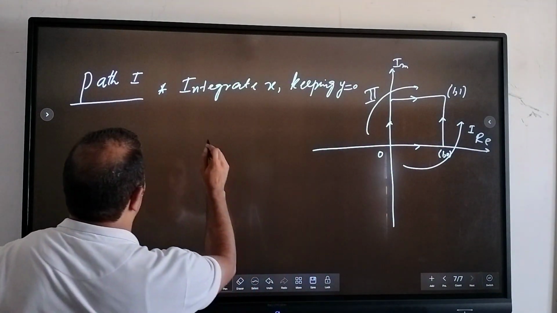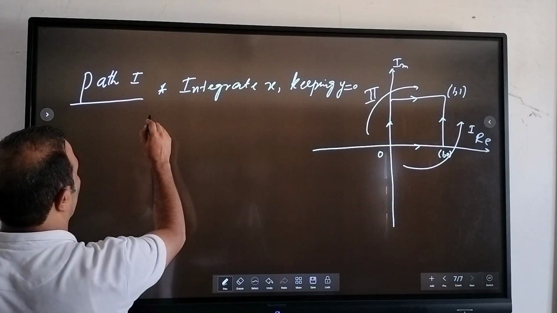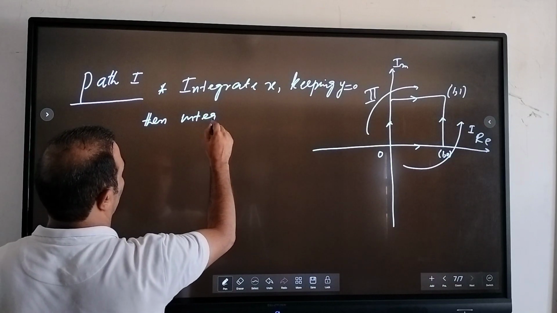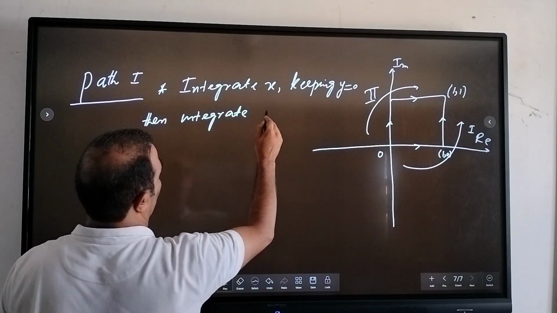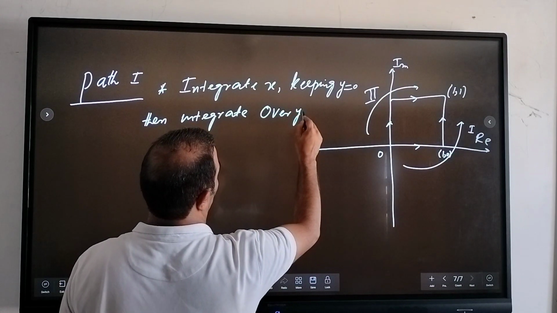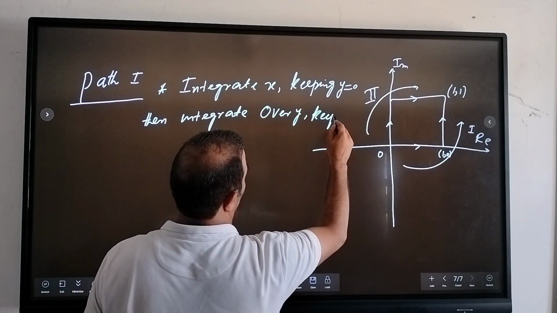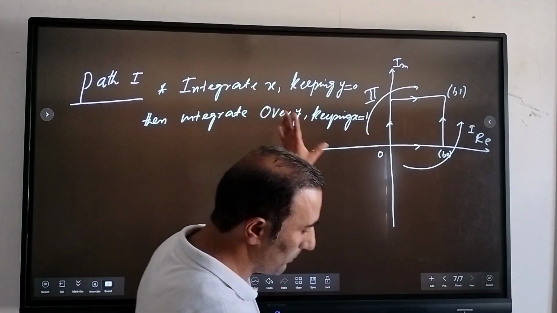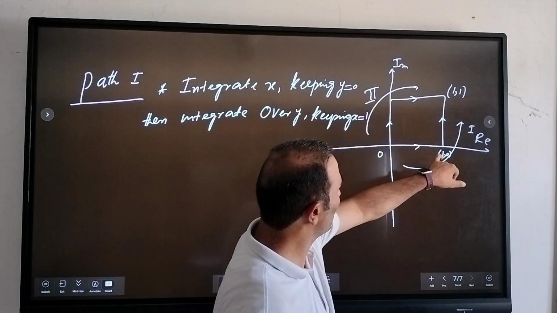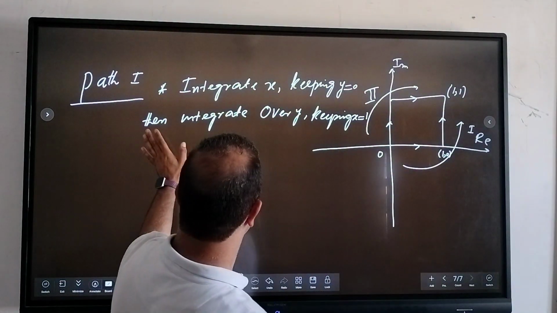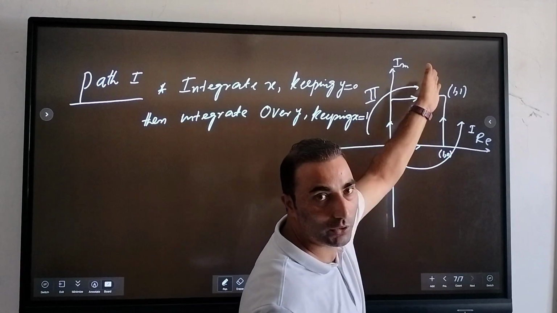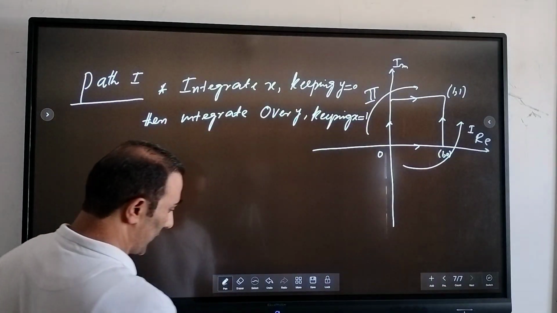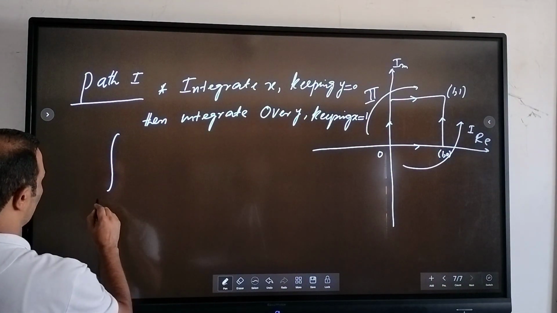So that means you can write that. तो क्या मैंने लिखा, तो पहले हमें इंटीग्रेट x करना है, कीपिंग y इक्वल टू 0, तो y यहाँ पे 0 रहेगा। उसके बाद हमें देन इंटीग्रेट और y, क्योंकि ये वैरी हो रहा है, एंड पुटिंग x इक्वल टू 1, बिकॉज यहाँ पे ऑलरेडी x का वैल्यू 1 है, राइट। सो वी कैन राइट दैट, सो दिस इंटीग्रल विल बी इक्वल टू